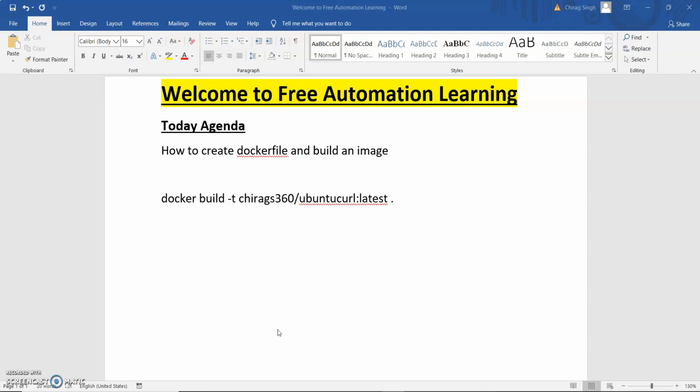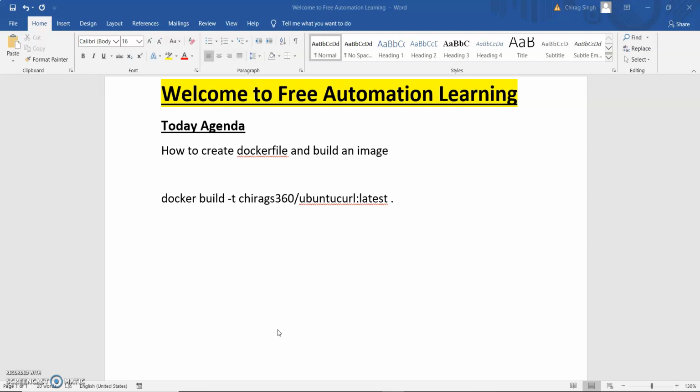Through this video, we will also see how we can build an image using a Dockerfile. So basically, what is a Dockerfile? A Dockerfile is an infrastructure file in which we write the code we need to build and create an image. By using that image, we will run it and create a container and run our actual application. How we can do that, we will see in this video.